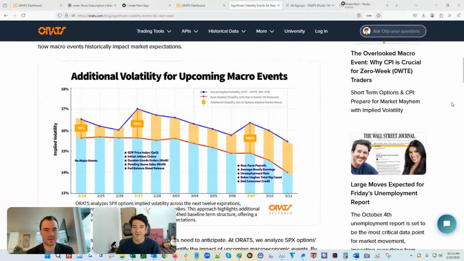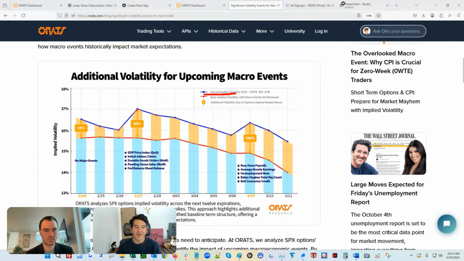Yeah, that's better. Okay. So this is the blue line, the actual. Well, and that's the actual with the WAP taken out of it. So that's so that this is as